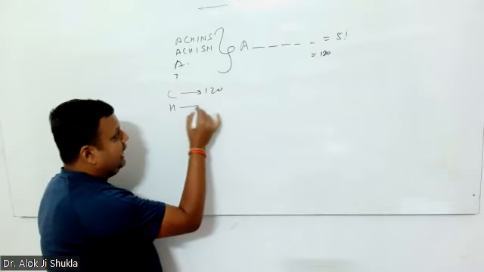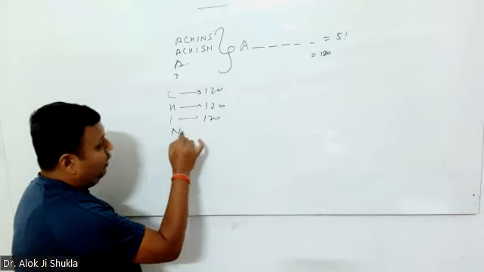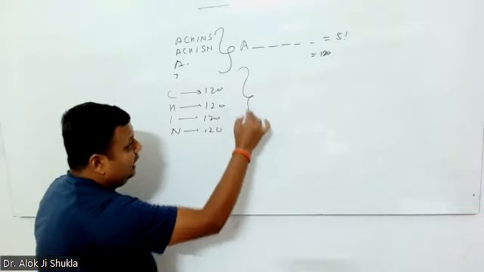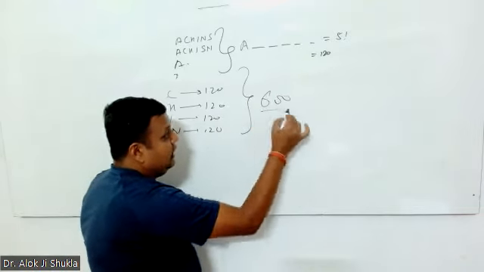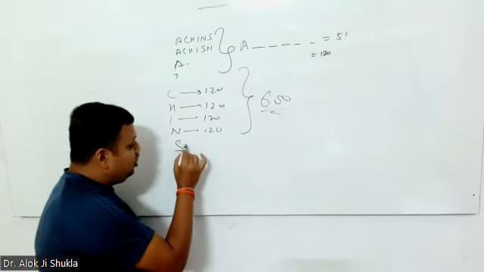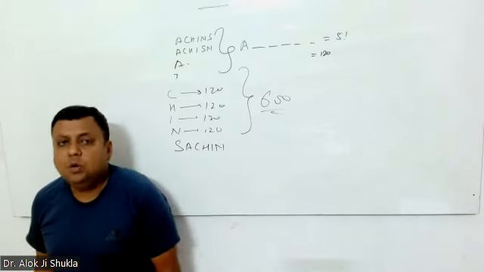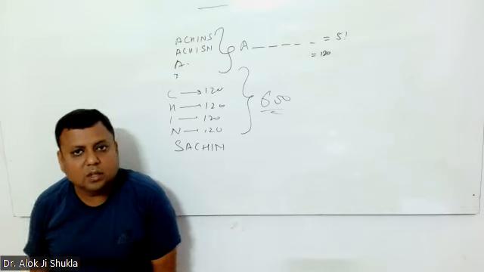फिर सी के बाद एच के वर्ड आएंगे जो फिर से 120 हो गए, आई वाले 120 हो गए, एन वाले 120 हो गए, ये सारे जुड़ करके 600 वर्ड आ गए। उसके बाद एस के वर्ड आएंगे जिसमें सचिन सबसे पहला वर्ड है, इसलिए उसकी जो पोजीशन हो गई वो 601 हो गई,